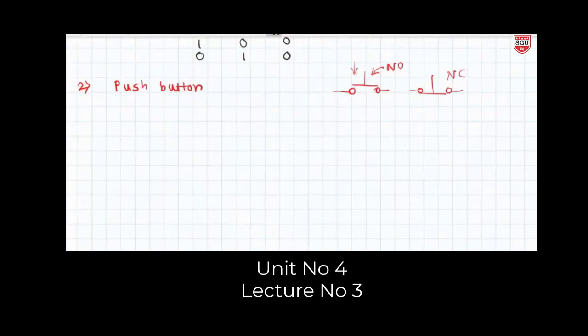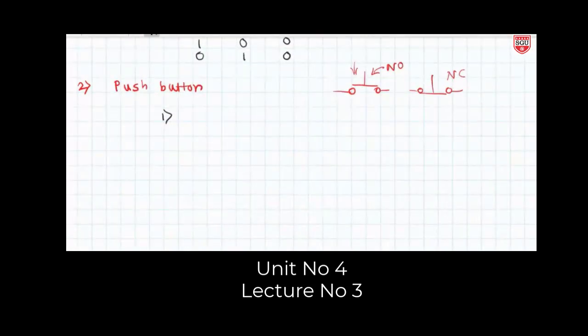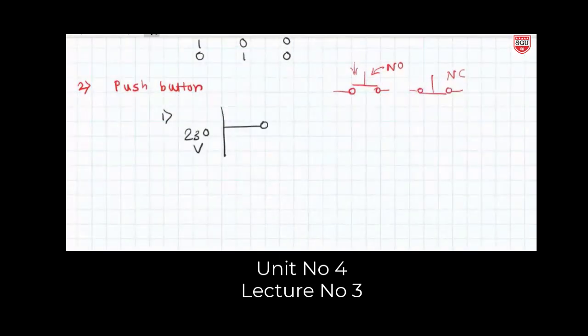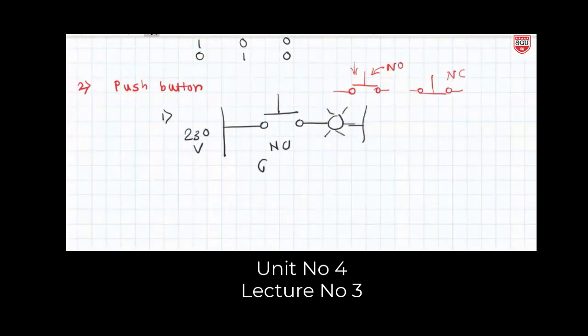So the simple problem is like this: when we push the push button, we will get the output on, and when we release the push button, output will get off. So simple problem that I will not write. It is 230 volt input, then there is a push button which is in the NO position, and here is the bulb. So here we are using a green color